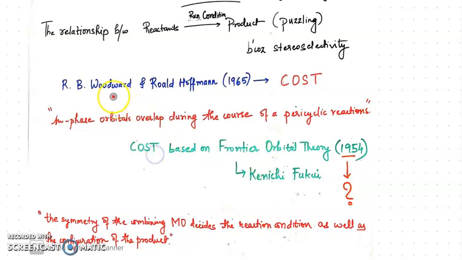Now, R.B. Woodward wasn't alive during that time, and that's why he was not included among the Nobel Prize winners in 1981. Okay, but he was given the Nobel Prize earlier for his work in the total synthesis of natural products. For this particular theory, Roald Hoffmann was awarded the Nobel Prize along with Kenichi Fukui. So this is the theory that we are going to use to talk about the stereoselectivity in